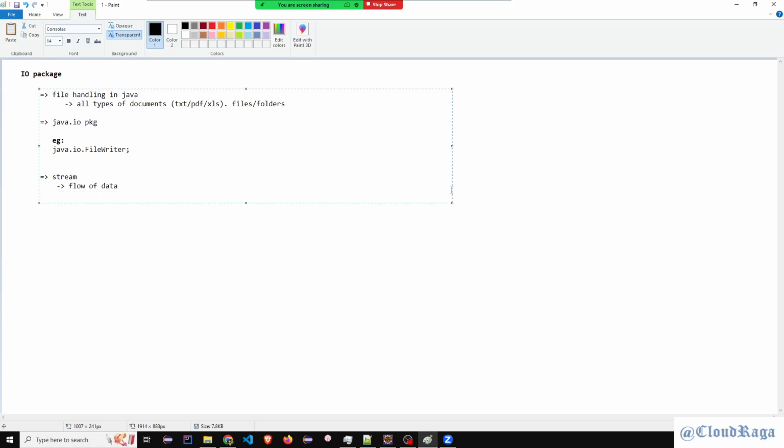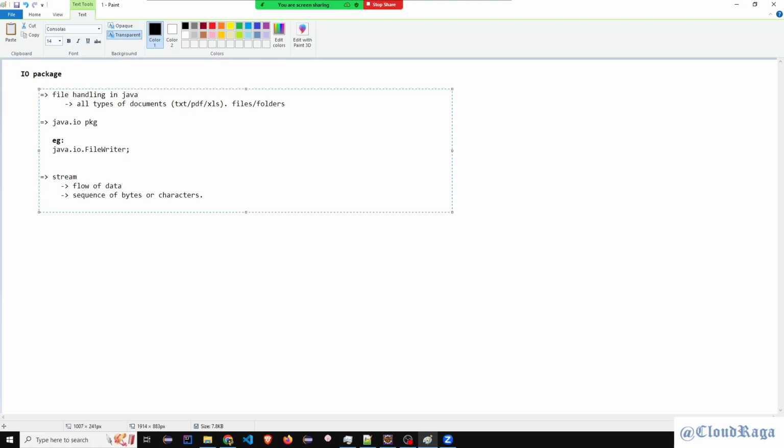It's not just characters, it's data. The proper technical term here is sequence of bytes or characters, because we have bytes as well. So sequence of bytes or characters, that's what we call stream.